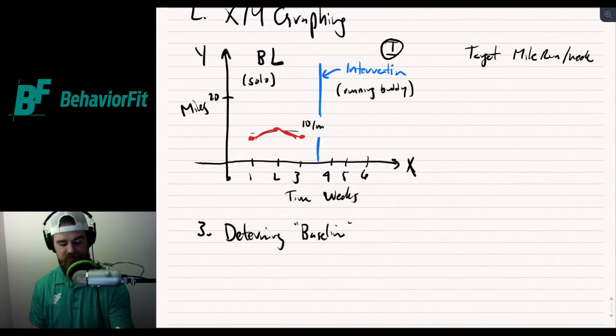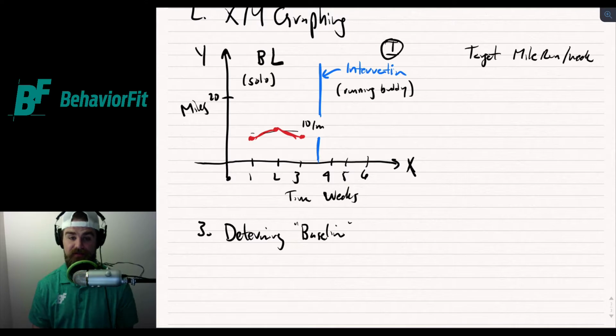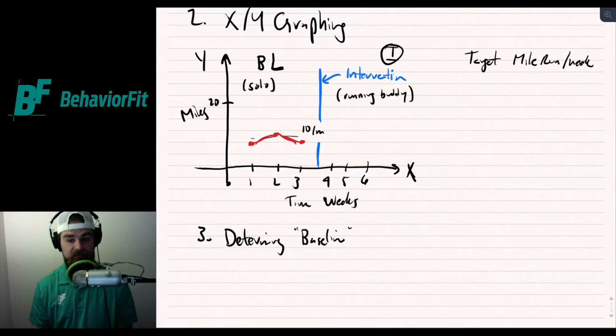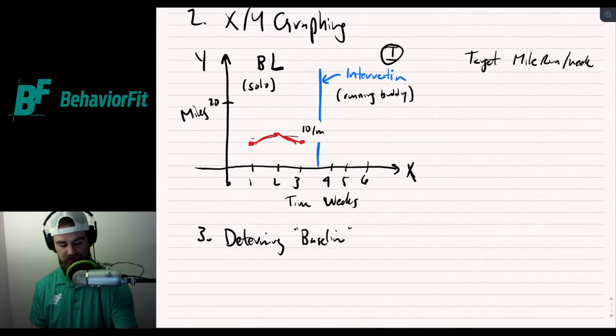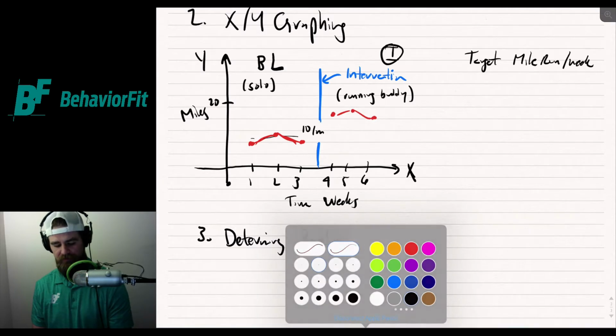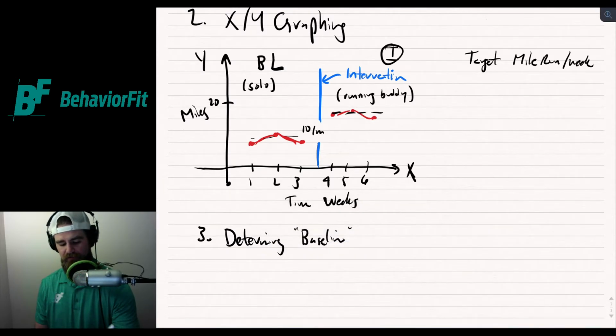What might happen is, if you keep taking the same data, getting back to those valid and reliable gadgets, not changing anything, sticking with those same measures, very important, right? Measuring that one thing, even though now you're running with a friend. Now let's say week 4, maybe 15 miles, week 5, 14 miles, week 6, 12 miles. We connect those dots, and through a quick little analysis, let's say your average here, visually it doesn't line up on the page, but let's just say it's at 15 miles, right?